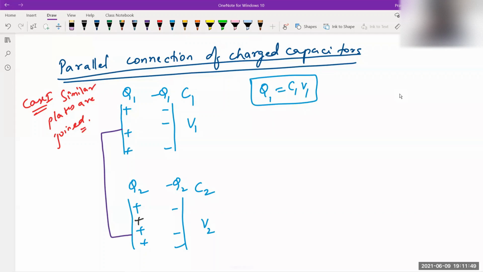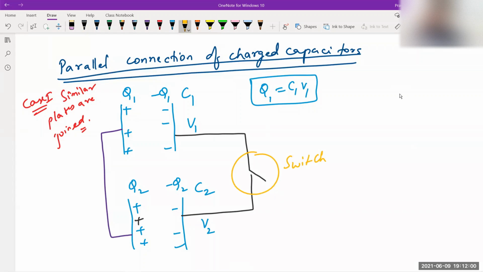Now, I am taking another wire and I have a switch with me. I think you know that this means switch. In this current situation, is the switch on or off? Sir, off. So the switch is open, and when the switch is open, there will be no flow of current. Now, when I show this arrow, it means initially there will be no flow and you have just turned on the switch. So now things can flow, right? So this is our condition.